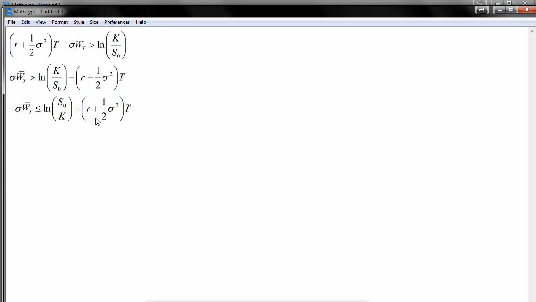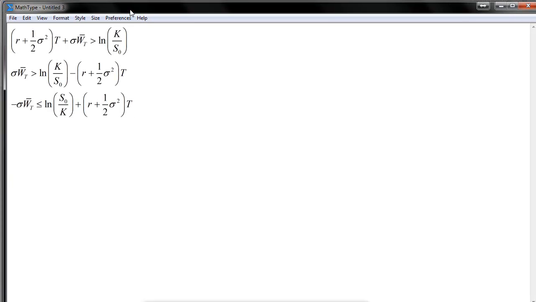One more thing I have to do here: I can divide by sigma. So if I divide by sigma, I get on the left hand side something like this, and on the right hand side